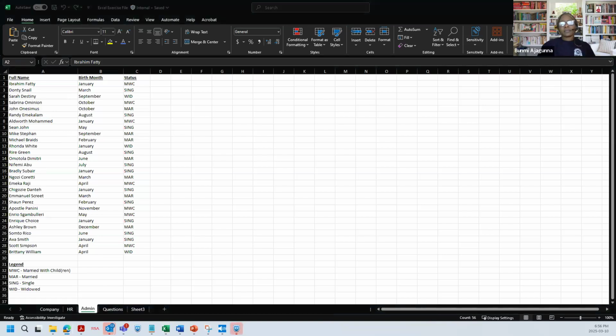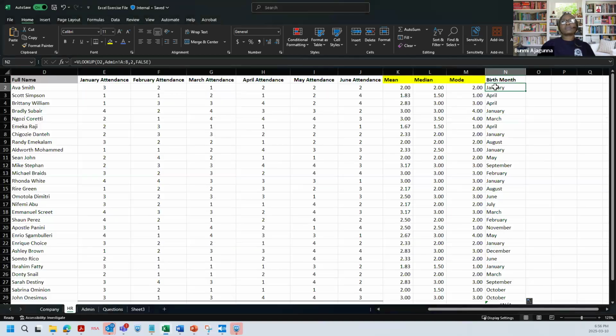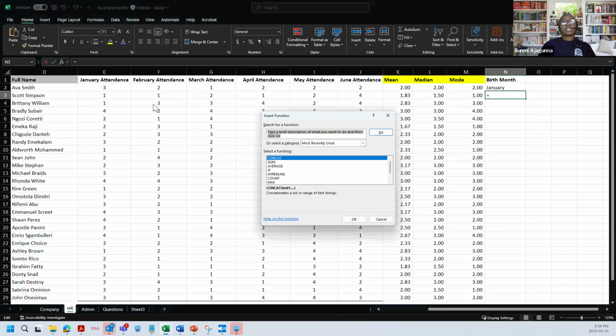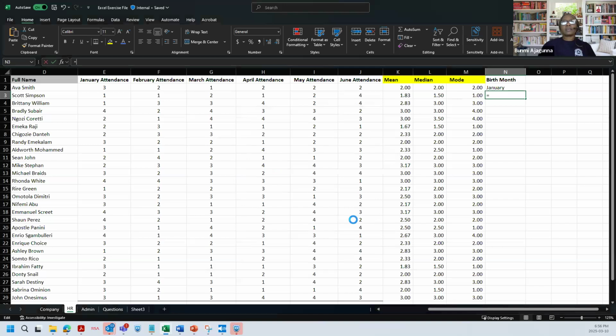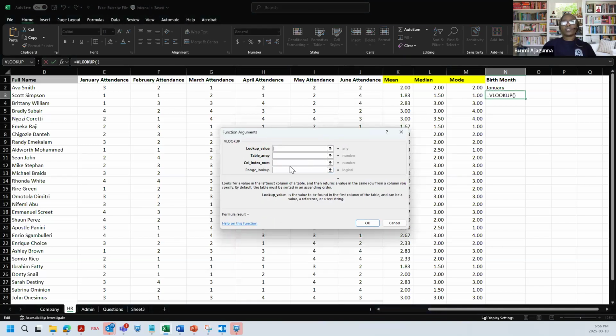All right. Awesome. Okay. So the other way will be for you to just use the function bar. Let's assume this was not the formula that we used here. We can come in here and just use the function bar and say, you know what, I'm not sure what to pick and what not to pick. So you type in VLOOKUP and then it comes up. It's recommending this. Do an OK. And then it brings up a pop-up on what you should be putting in here.